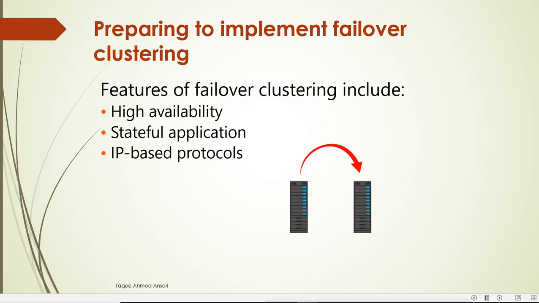Now what does this failover cluster do? It will provide high availability for the application. If one server goes down, the application will automatically move to another server. In a failover cluster, we combine multiple servers together and configure the cluster using all those servers. So if one server goes down, our services will still be available from the other servers. Our application does not depend on a single server; we can configure multiple servers to support that application.